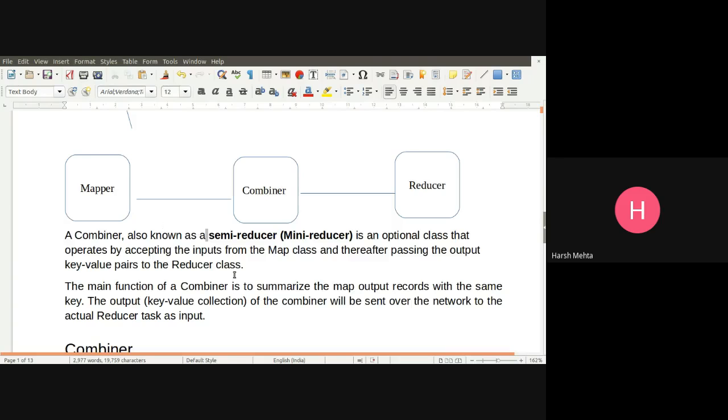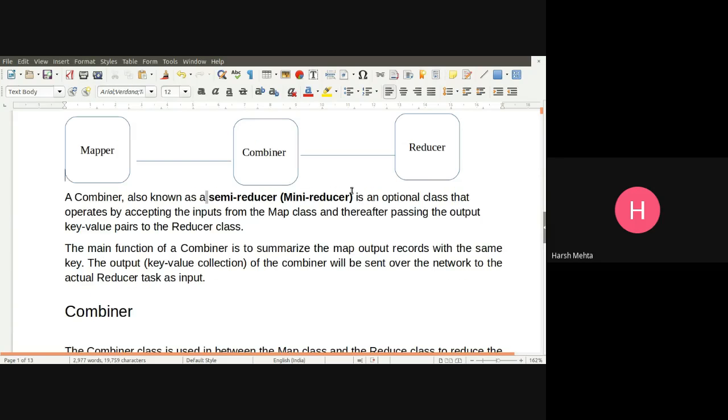So it's an optional class. Even if we don't put it, the combiner is not required.